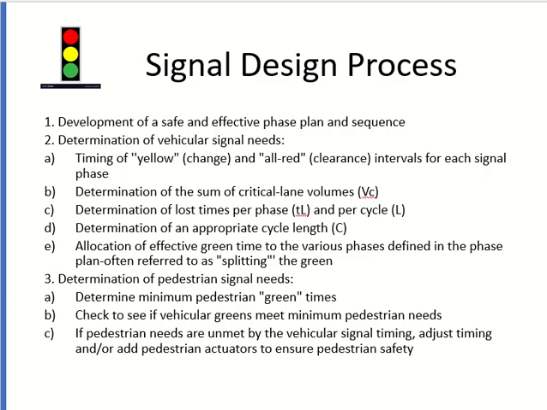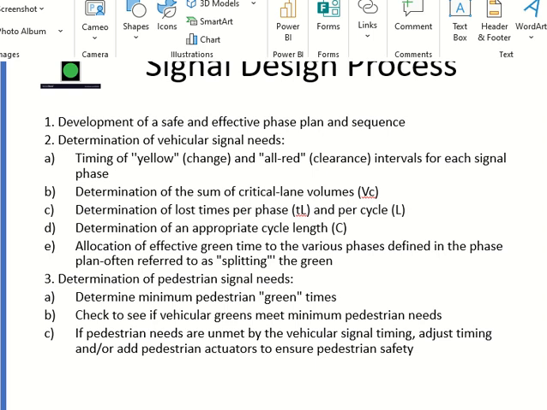Okay, signal design process has three steps. The first step is to determine the phasing plan and its sequence. Second step is to calculate signal timings, and third step is to check for pedestrians. In the first step, you decide which movements could go together in one phase and what will be their order or sequence. So, for example, you may decide that